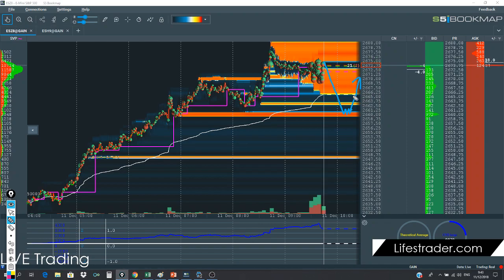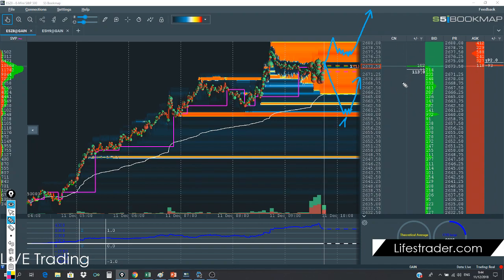That's the first scenario. The second scenario is long as well. I wanted to see an attempt to push higher, then a flip here, the resistance becomes support, and then a push higher